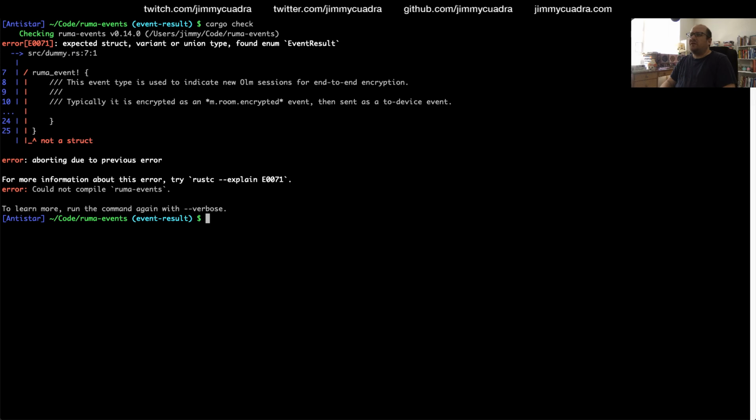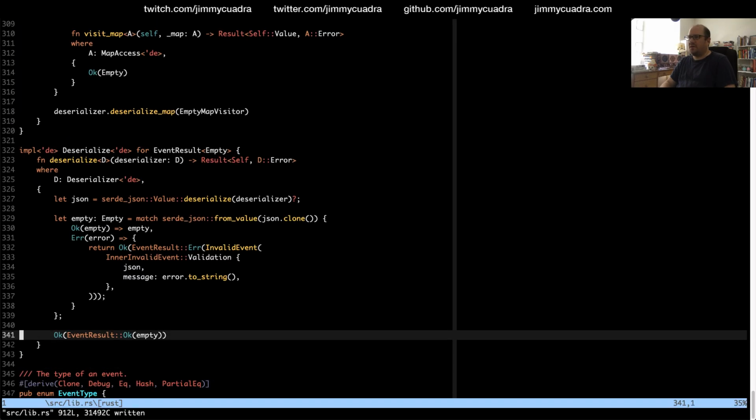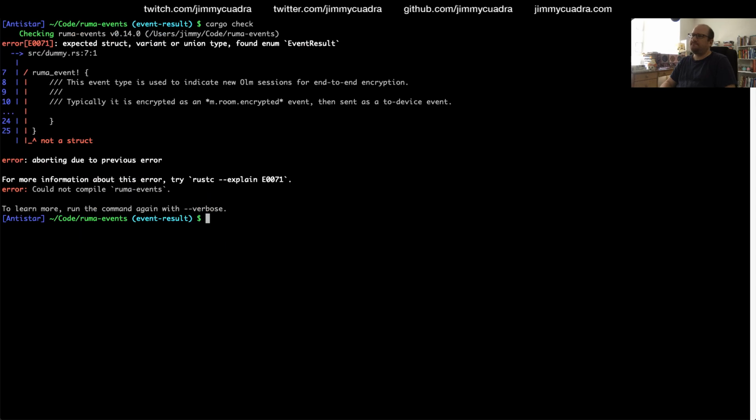Expected struct, variant, or union type, found enum event result. Oh god, what did I do now? Looks like I might have to expand this again, because I have no idea where that error comes from. Cargo plus nightly.